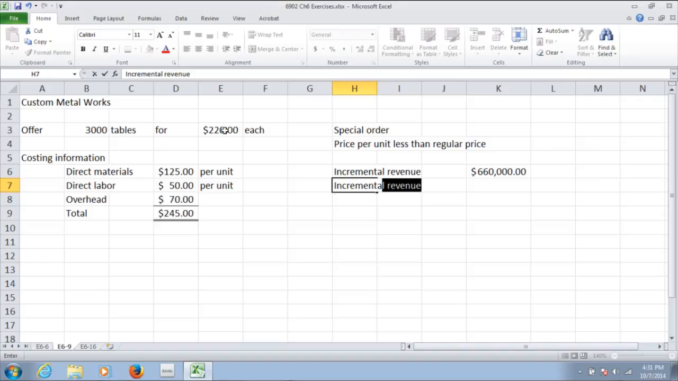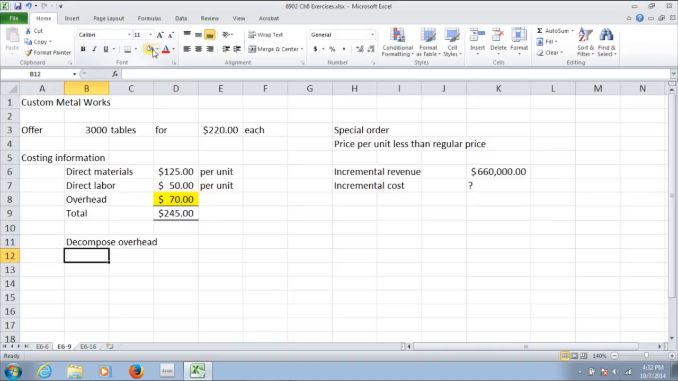So the incremental cost. This is the question that we have to ask ourselves: what goes into incremental cost? The accountants at Custom Metalworks aggregate what they call their per unit cost. That includes direct materials, direct labor, and then a $70 amount for overhead. Well, this is the amount that we're going to have to dig more deeply into. And as it turns out, when we decompose